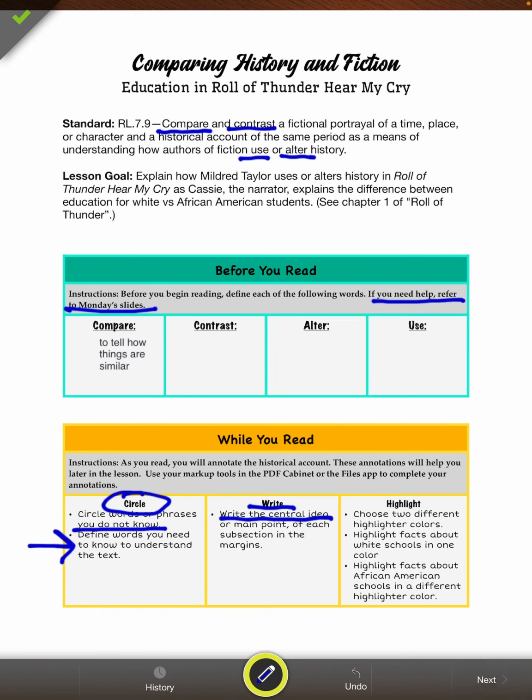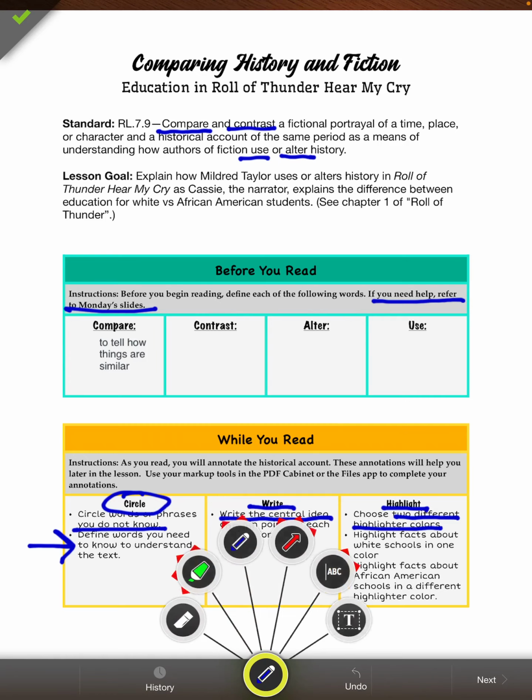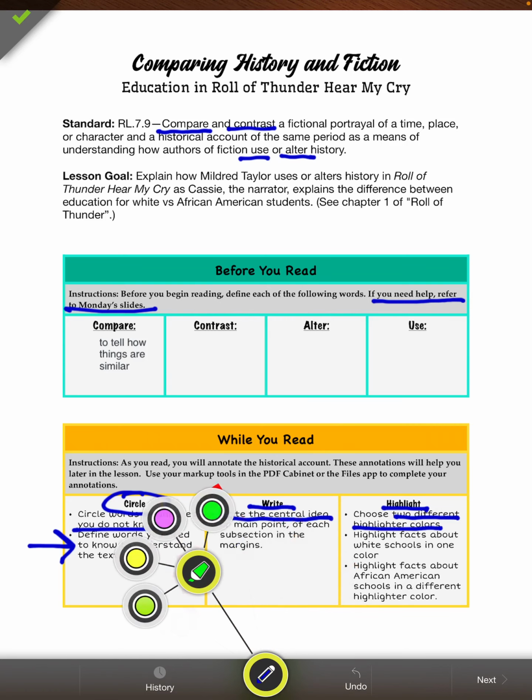The last thing we want to do is highlight. So the instructions say choose 2 different highlighter colors. And you want to highlight facts about white schools in one color and highlight facts about African American schools in a different color. I am going to hold my finger on this button. The highlighter is the second icon from the left. I'm going here. I'm holding my finger down because I don't want you to think that you only have 4